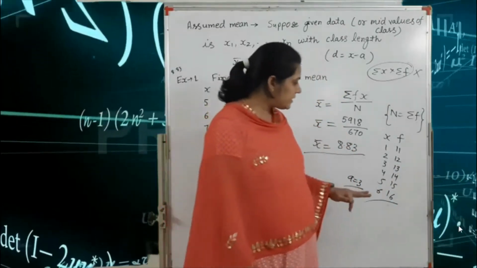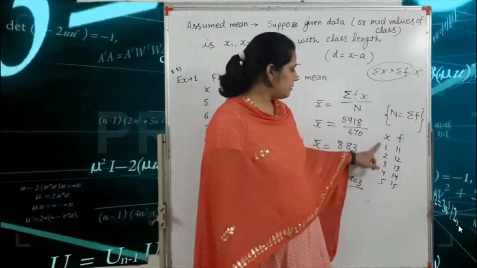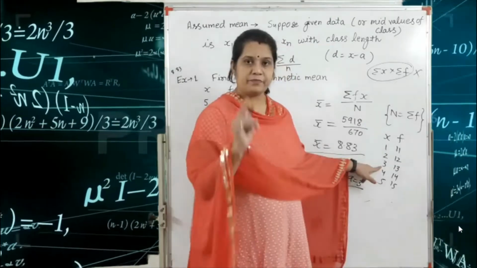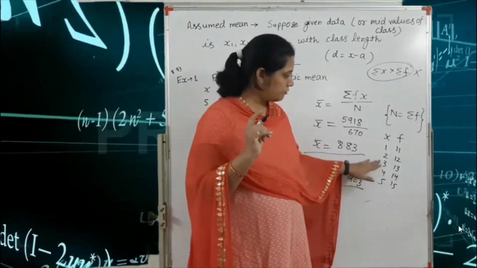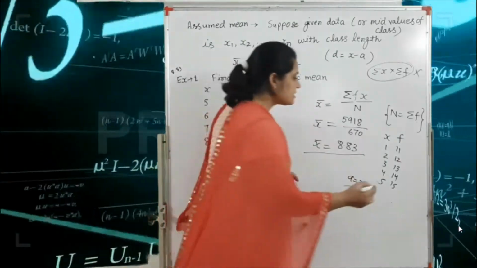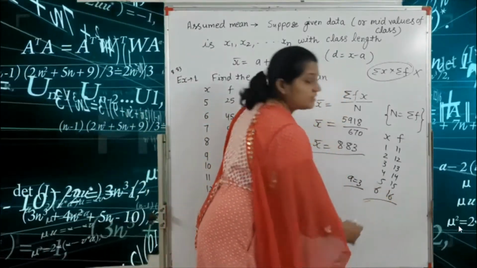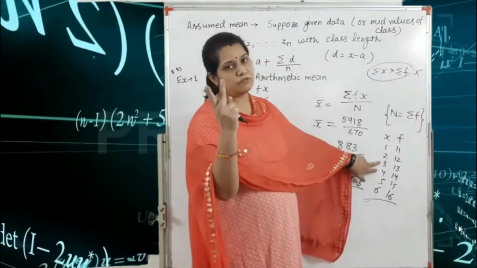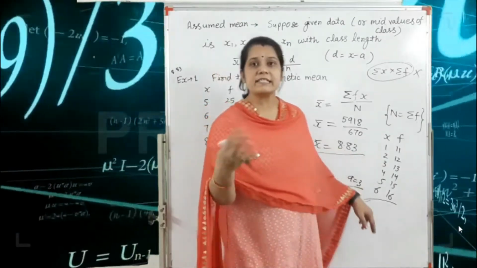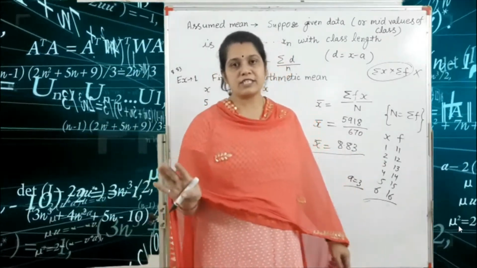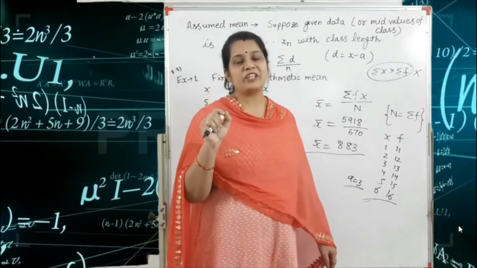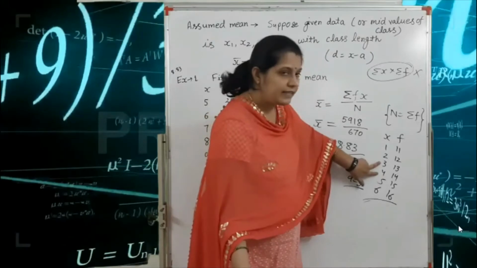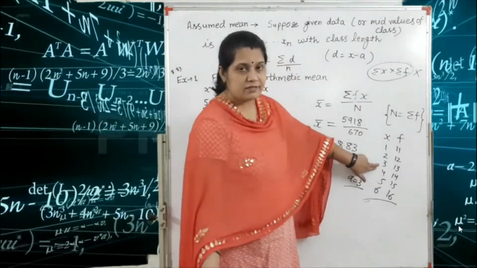Okay, and in case the number of terms is odd, so A is what? A is the middle term. That means 3 is the middle term: 1, 2, 3, 4, 5. So the middle term is 3. But for example, if we are given an even number of terms, that means here in the middle we have the two values 3 and 4. If you consider 3, so 3 is also correct and 4 is also correct. But the correct point is what? The correct proper method is that you check both the middle values 3 and 4.